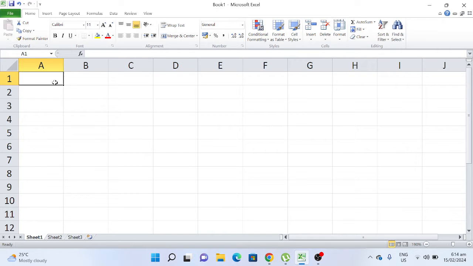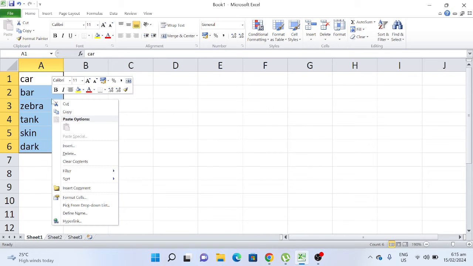So let's begin. Assuming we have several words here like car, bar, zebra, tank, skin, dark. Okay, so what we can do, in these cells A1 up to A6, we just highlight,